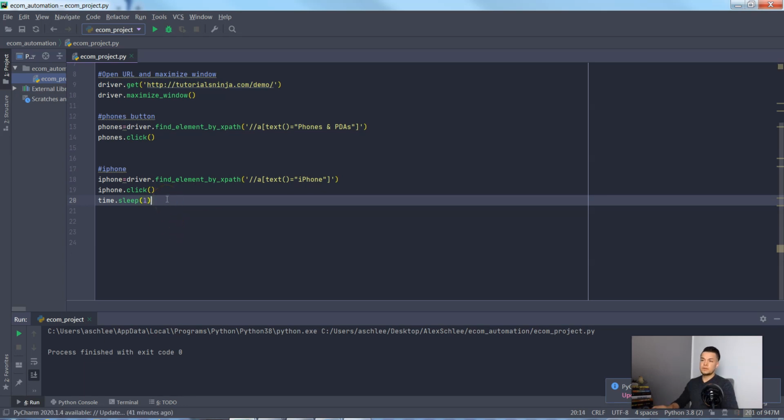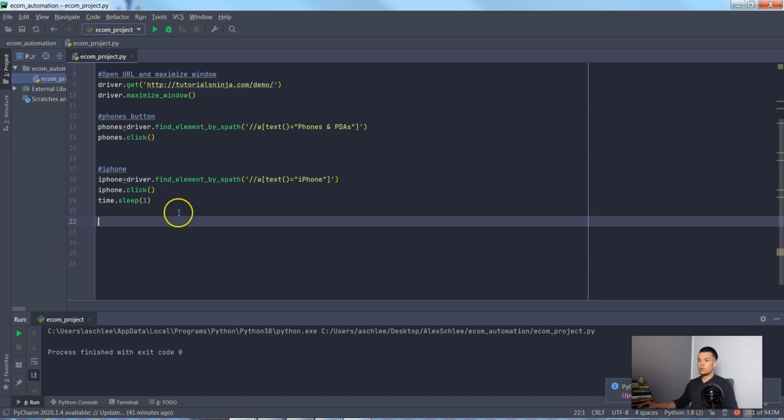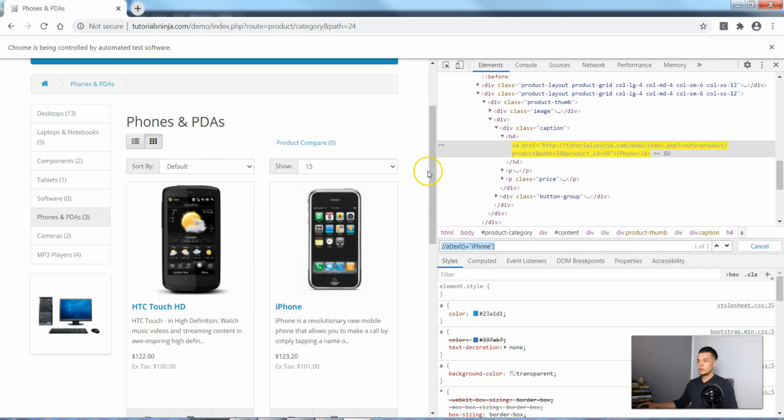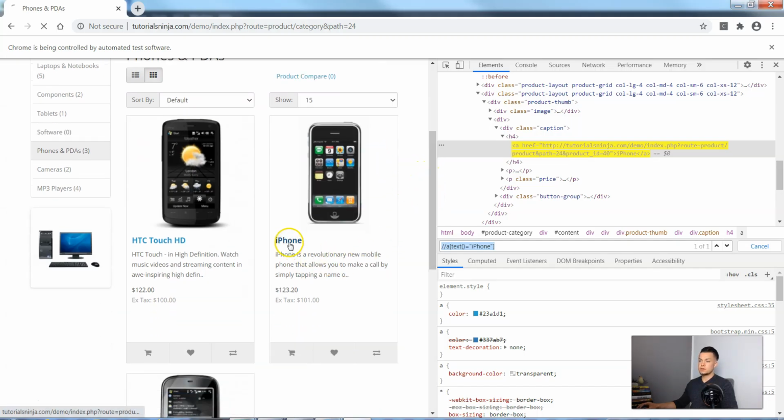And actually you have different opportunities how you can work with wait expressions in Selenium, and I will cover all the different approaches in my Selenium Python basic tutorial. But for this project, I guess we are good to go if we just use this simple time.sleep function, right? So after we have clicked on this iPhone,